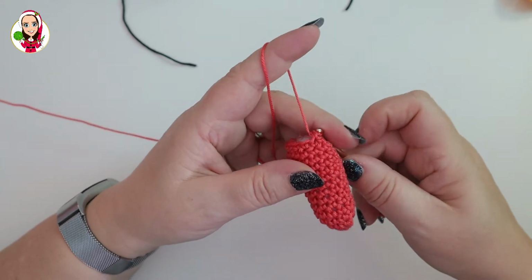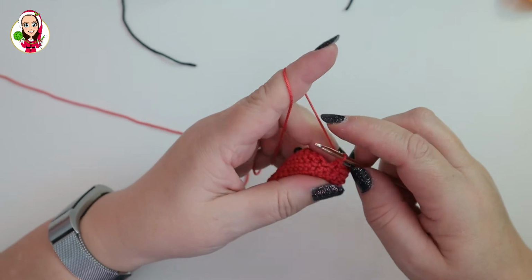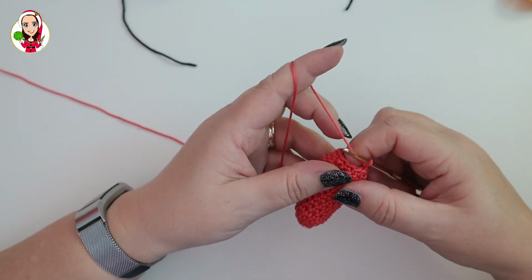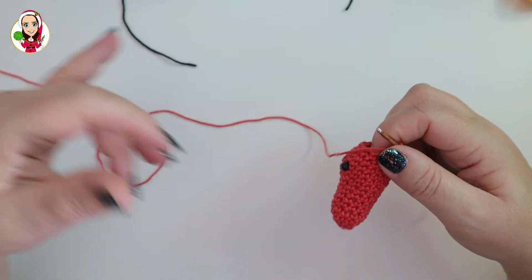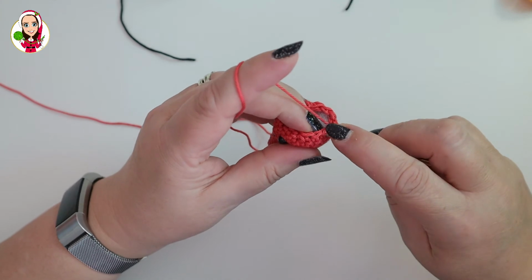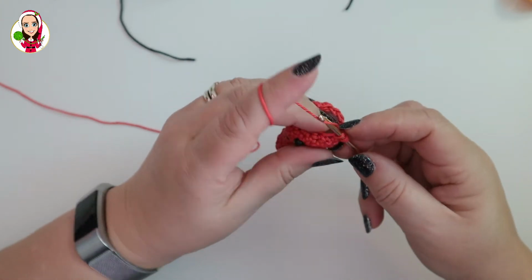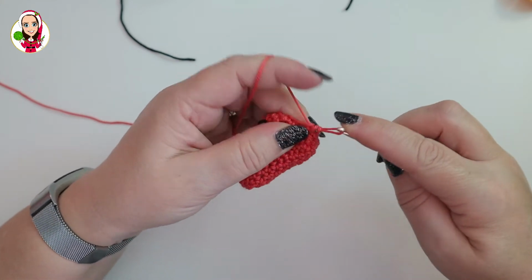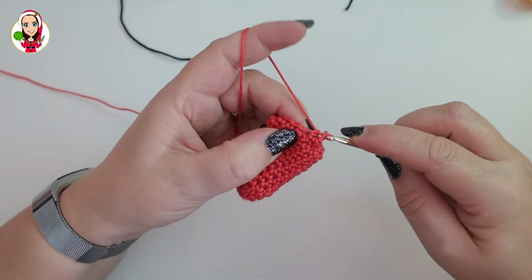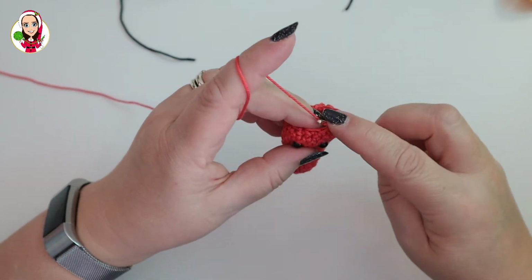so round 15, going to chain 1, and we're going to do 2 double crochets followed by 1 double crochet, and again we're going to do that 4 times. So front loops only, 2 double crochets, that's 1, 2 together, and then 1 double crochet, double crochet 2 together, 1,